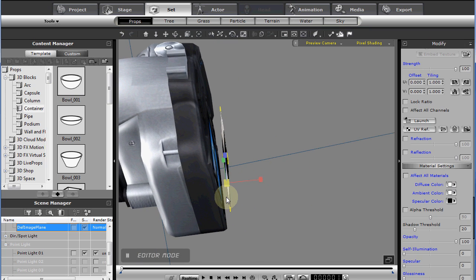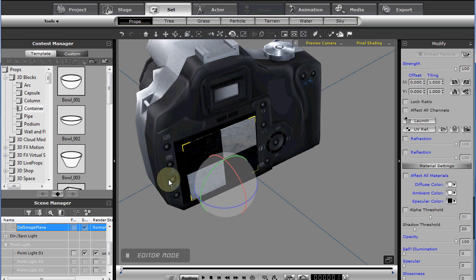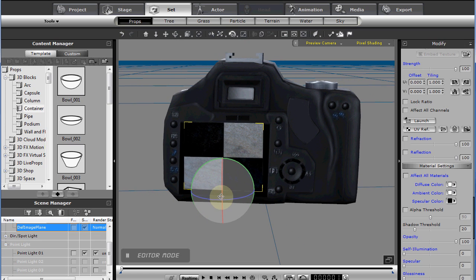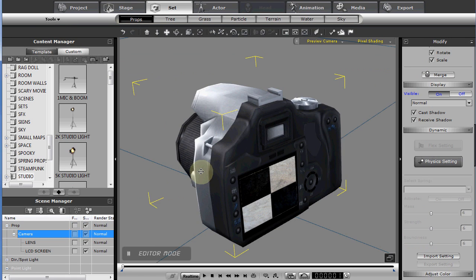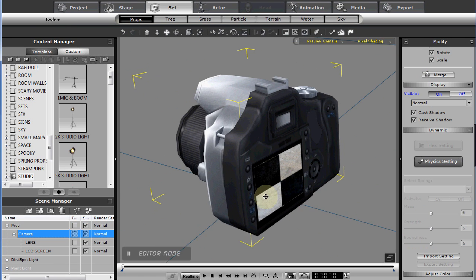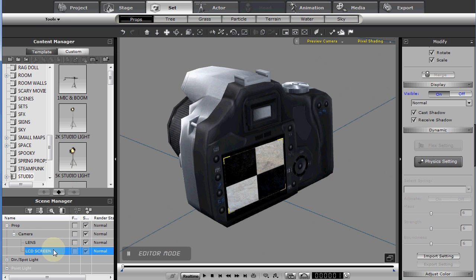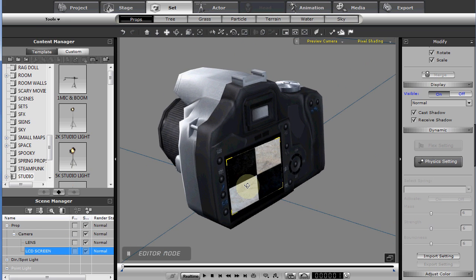And so just take some time, tweak it, and angle it just right. And then once again, you'll attach it to the camera. Okay, and through the magic of video editing, we've got everything now attached. We've got the LCD screen here. One thing that'd be a good idea is just go ahead and turn off shadow casting and probably even receive